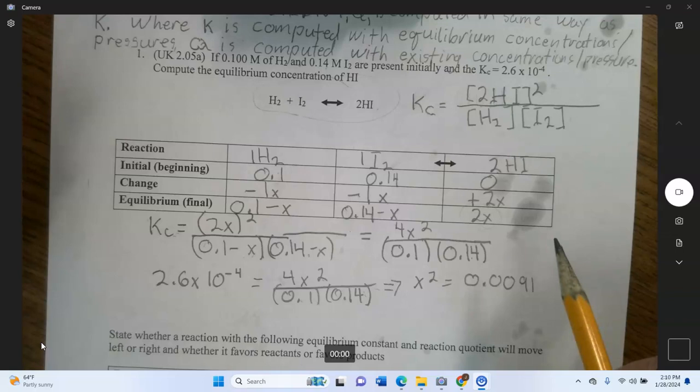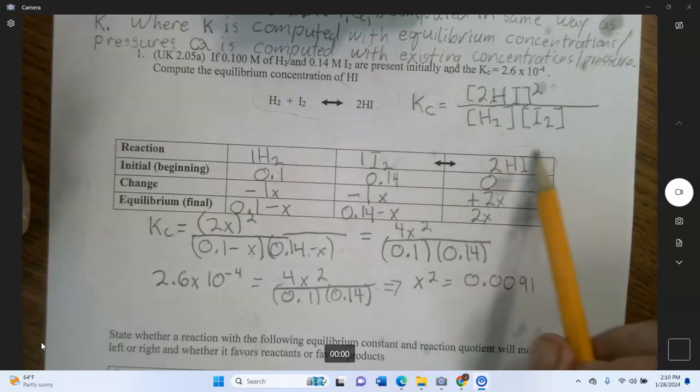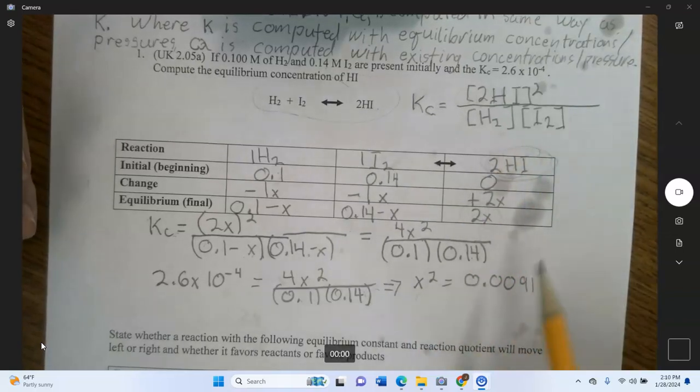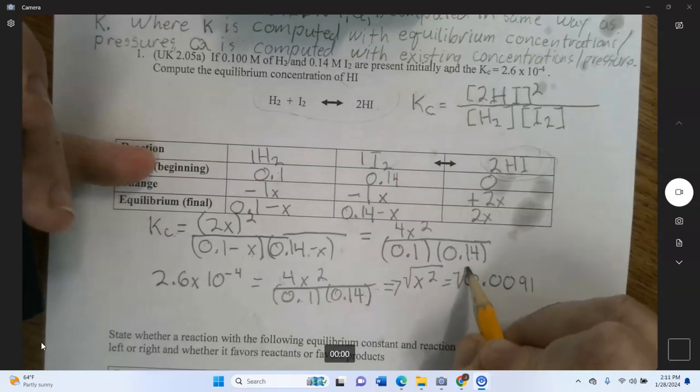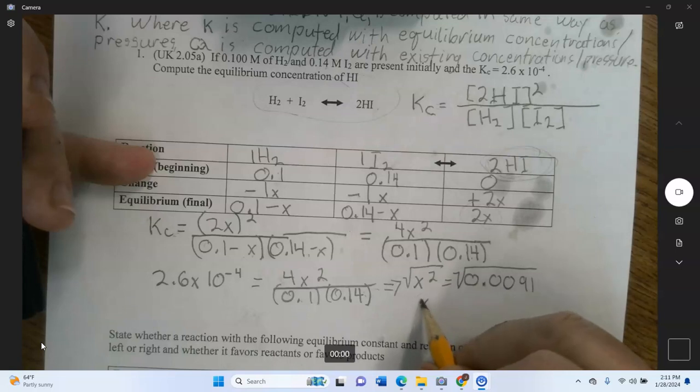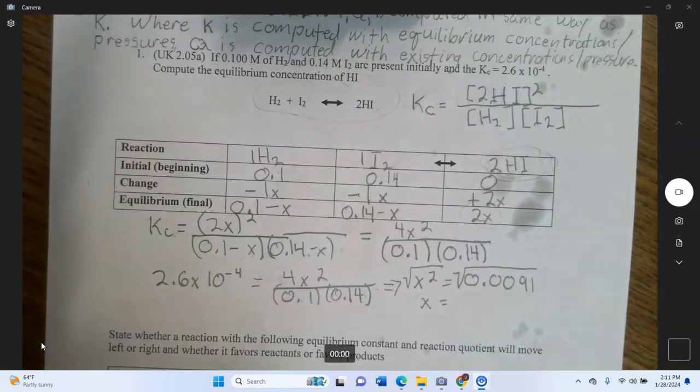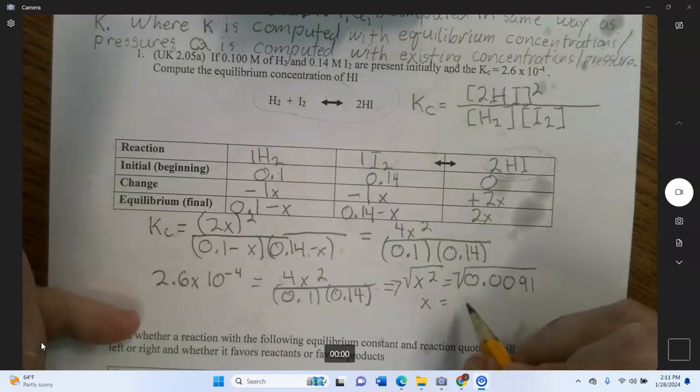And what we're trying to find is the equilibrium concentration of HI. First of all, we've got to find what x is. So we're going to take the square root of both sides. So that means x is going to equal the square root of 0.0091. And that gives us